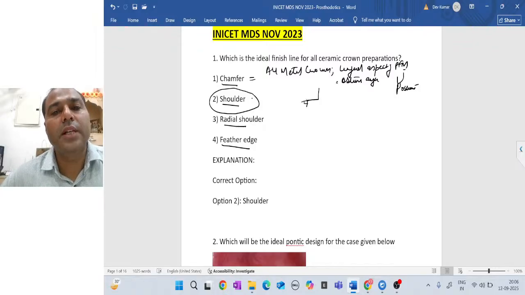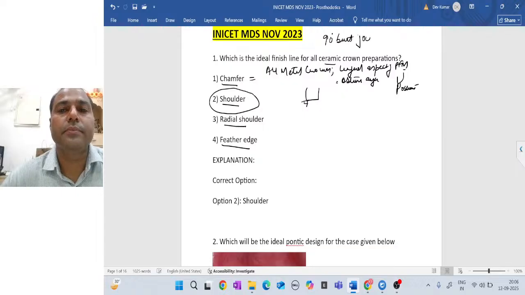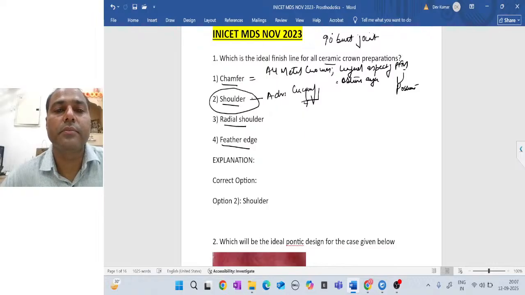Okay, remember one thing, that whenever we are giving an all ceramic crown, it should always be supported by a 90-degree butt joint. Now, the advantage of giving a shoulder is that it provides a circumferential 360-degree band or a ledge that provides enough bulk to give the strength to the ceramic,